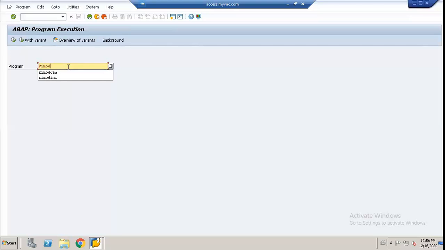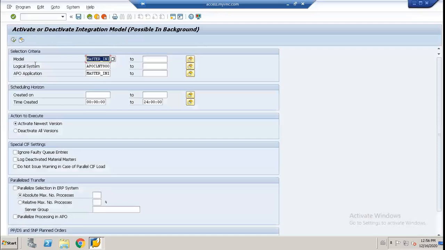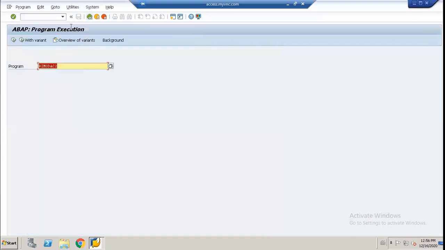Remote AC2 is to activate the integration model. CFM2 is also for activating the integration model, or you can do it with the help of the program also. Okay. Like this way, we are going to